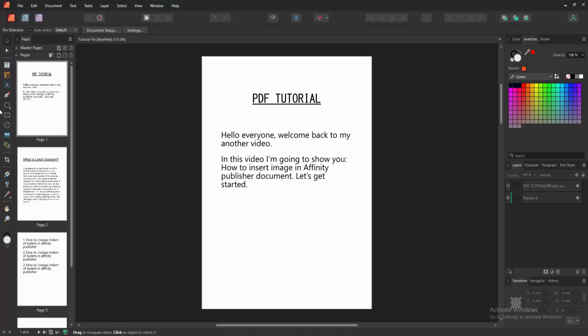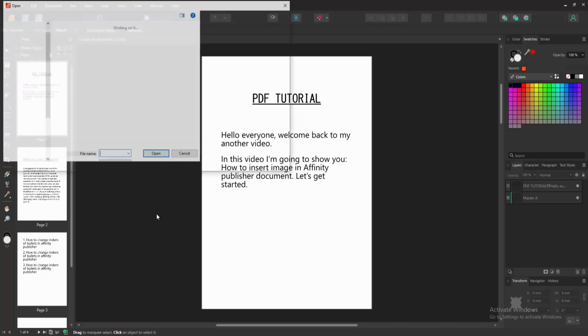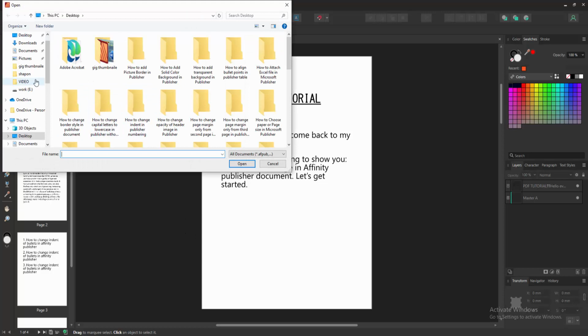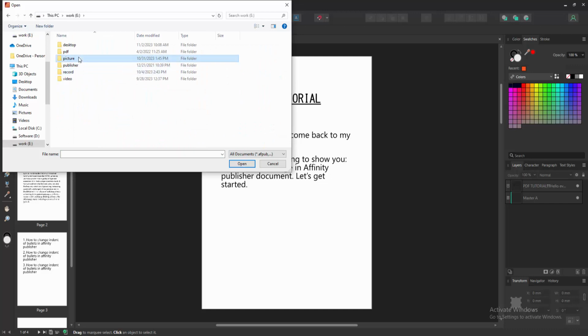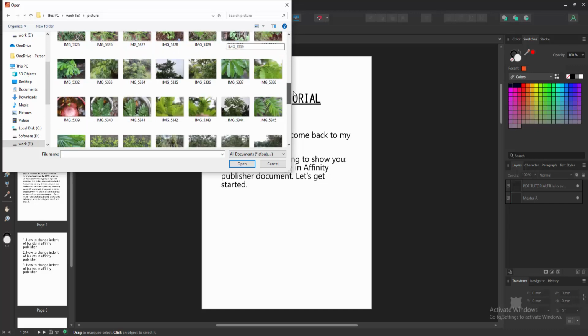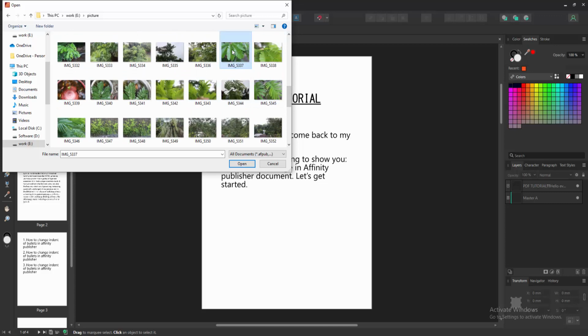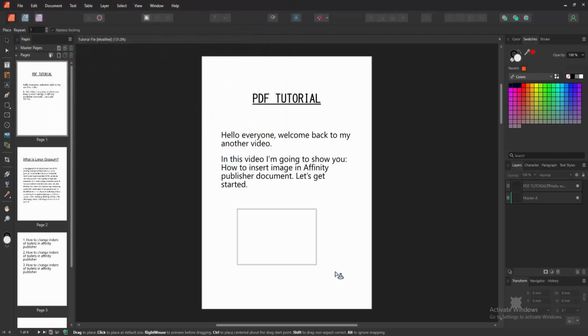Firstly, go to the tools section and we can see here many tools. We find and select the place tool. Then select this tool and we can see here, go to the file, then we choose our image from file. We can see here many images. You can add an image to this file and click open, then place it in this page,